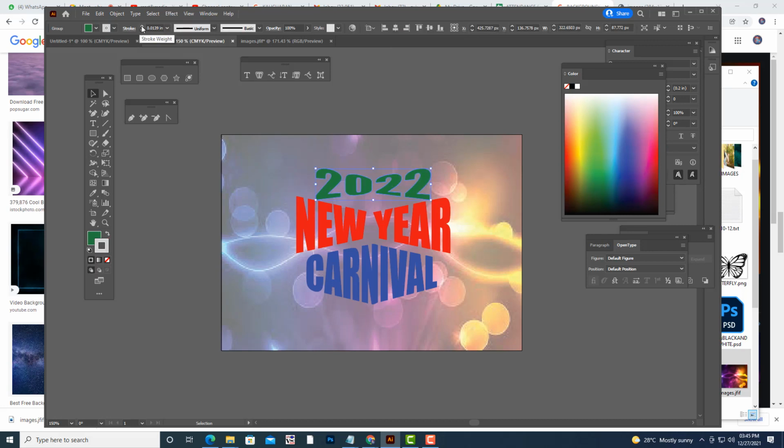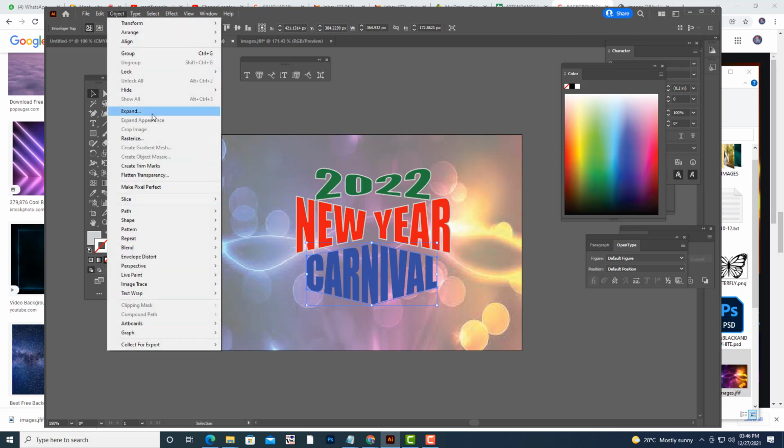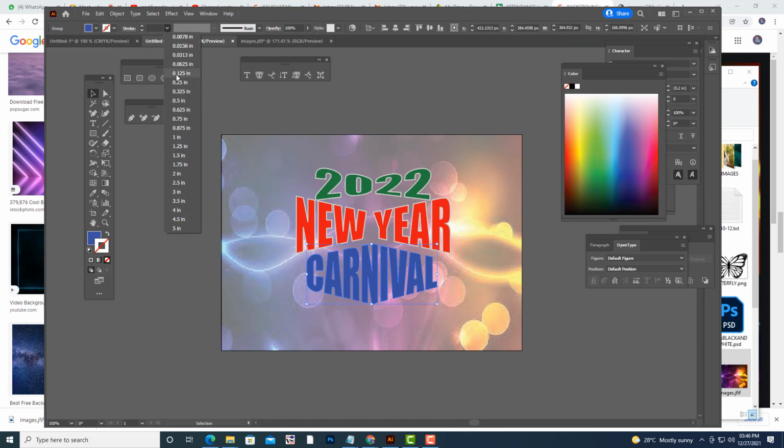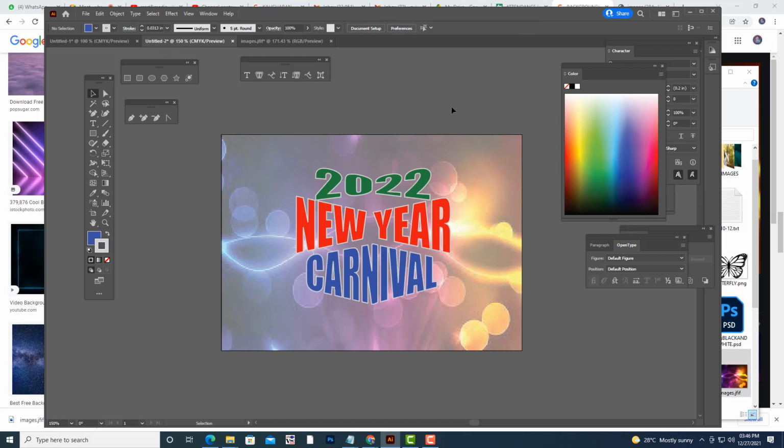And drop shadows also, but before that we have to expand it.